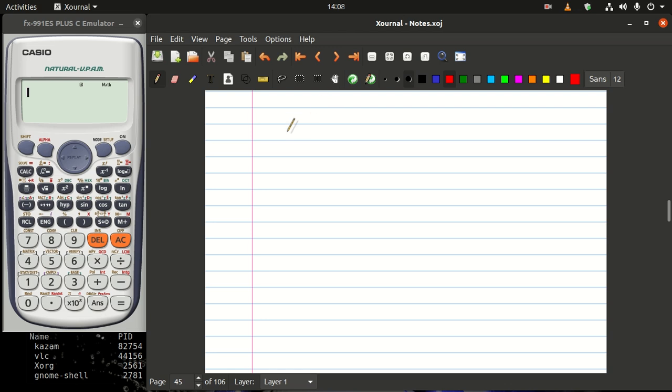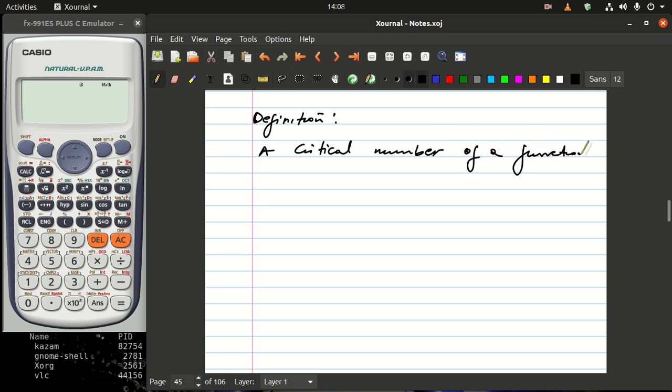Let's talk now about the critical number. I want us to give a definition of that. Definition. So what do we actually call a critical number? A critical number of a function f is a real number c